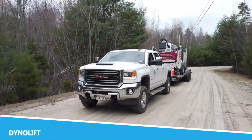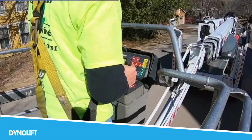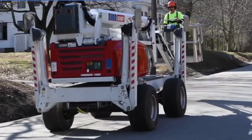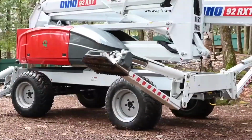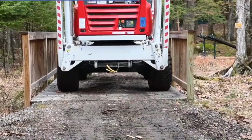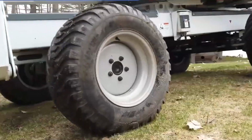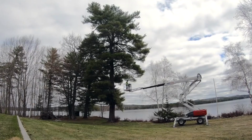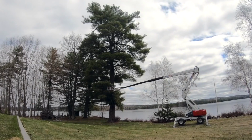Dinolift. Dinolift is a cutting-edge aerial lift system that combines power, precision, and versatility in one impressive package. This machine is designed to provide elevated access for a range of tasks, from construction and maintenance to inspection and installation. The Dinolift's advanced hydraulic system allows for smooth and precise movements, enabling operators to reach high or difficult-to-access areas